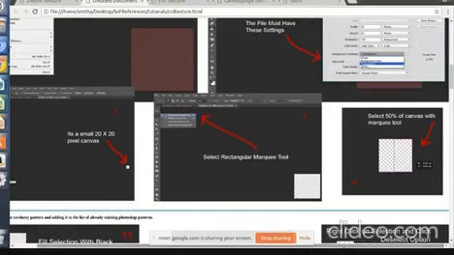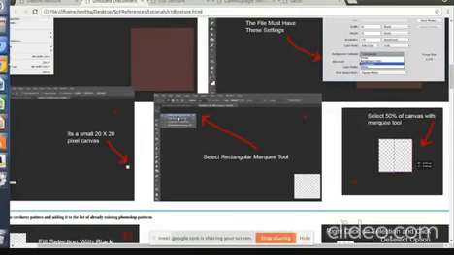Now, after you have made the screen bigger, in the toolbox you have to open this marquee tool. Again, it's a flyout. In this marquee tool, you will see rectangular marquee tool, elliptical marquee tool, single row marquee tool, and single column marquee tool.